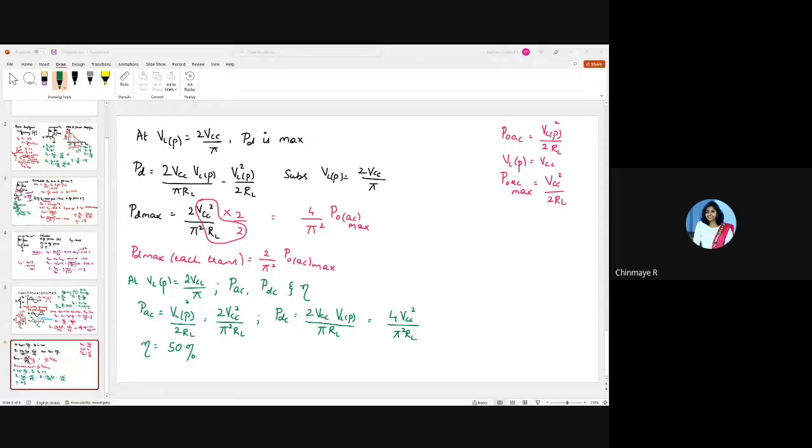A class B complementary symmetry power amplifier operates with VCC equal to plus 16 volts